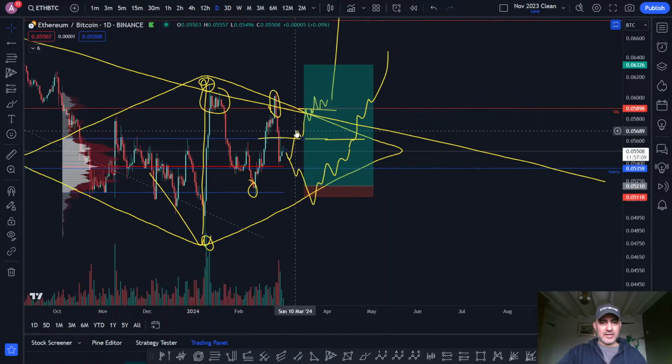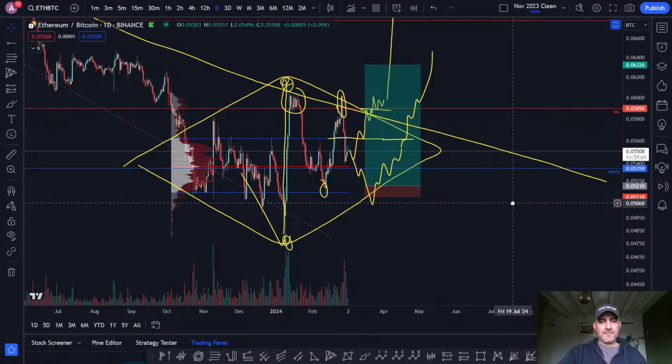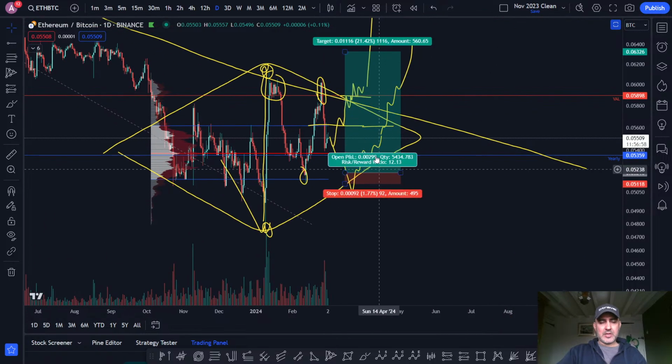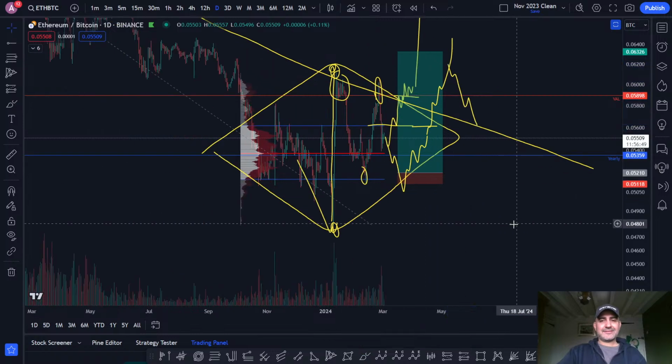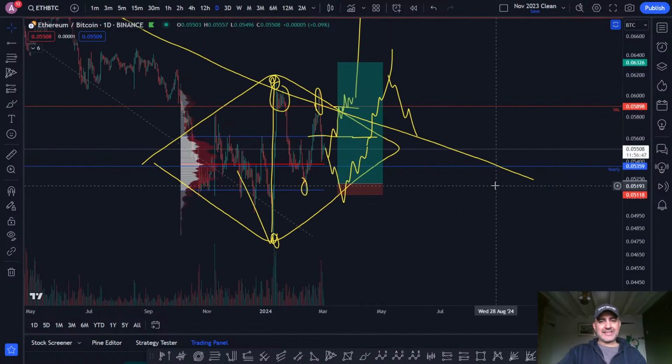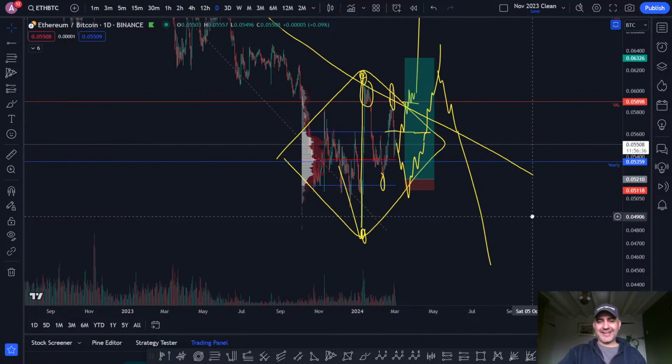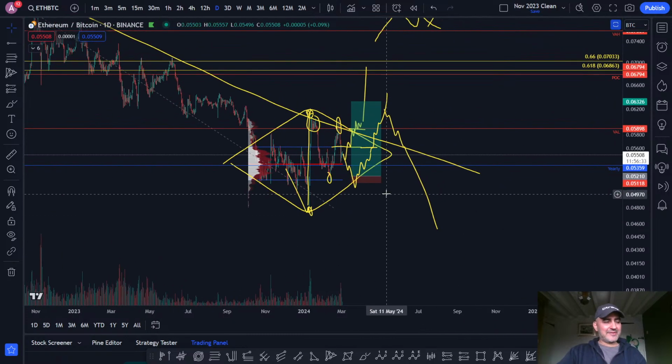So I'm not necessarily contemplating a reclaim of this value area high to go up, because I do like this idea that I've created. Now, these diamond patterns don't have to play out, because if you come up here and get a failure, you're no longer in a diamond pattern. You've invalidated it. You're in something else. And I've seen diamond patterns fail, and usually when they fail, they do this. When you get an invalidation of a diamond pattern, it usually becomes